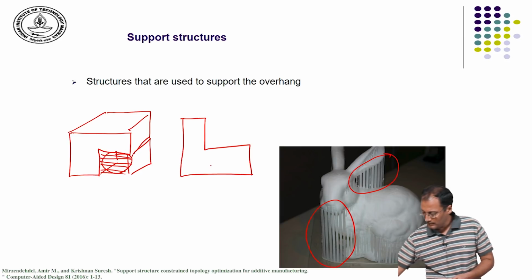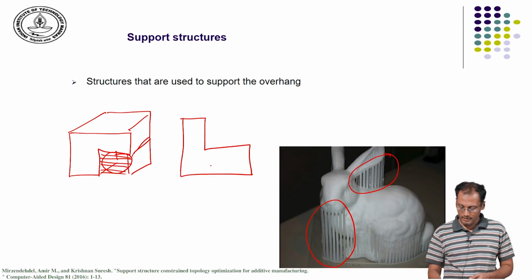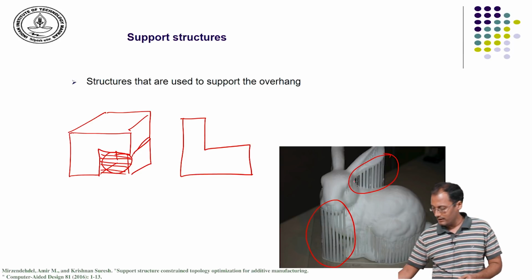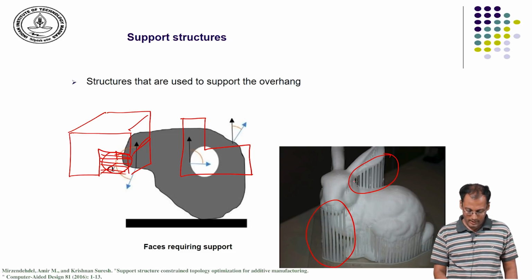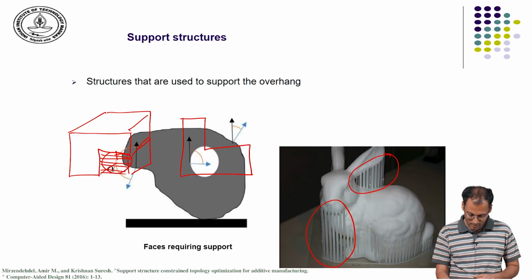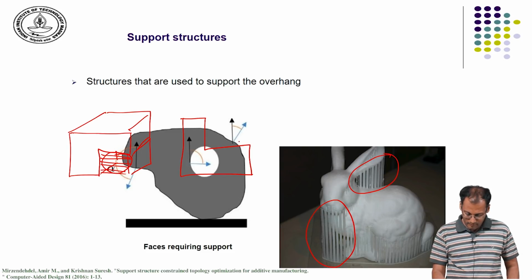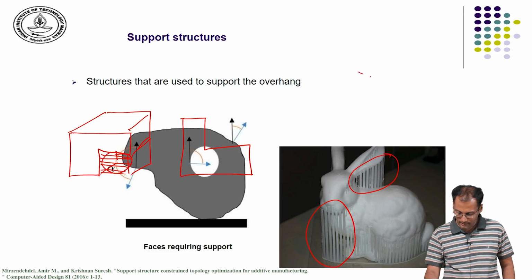So, people have looked at how surface roughness or the build time is affected by surface orientation, and predictive models have been developed. To create such a predictive model, one needs to understand what surfaces will require a support. Here you see a picture in which I have shown an object. The object is represented by a series of facets or triangles.